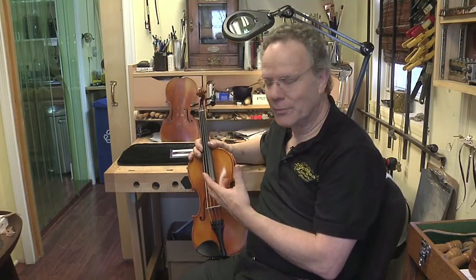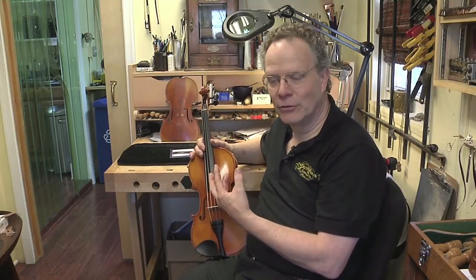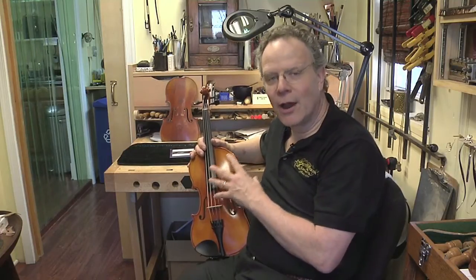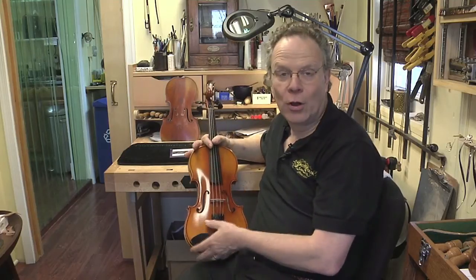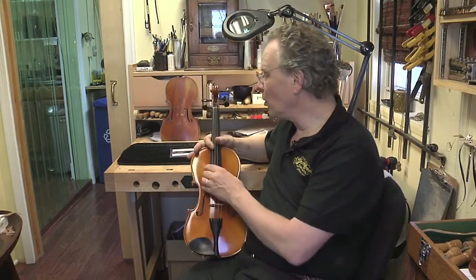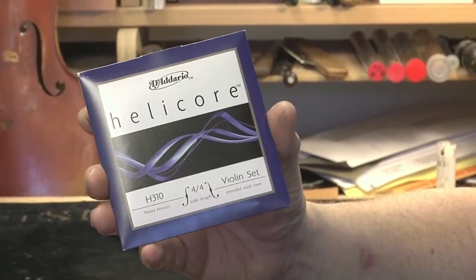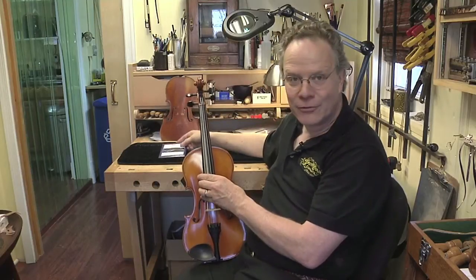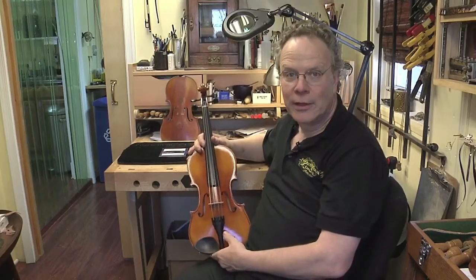and their parents. The drawback to steel strings that don't go out of tune is that over time they put an increasingly higher and higher amount of pressure on a very delicate wooden instrument and can cause repair problems. Helicore are less likely to do that than some other more famous brands, so we don't want to advertise necessarily for or against a particular brand of string, but those are the ones that we use in our shop here